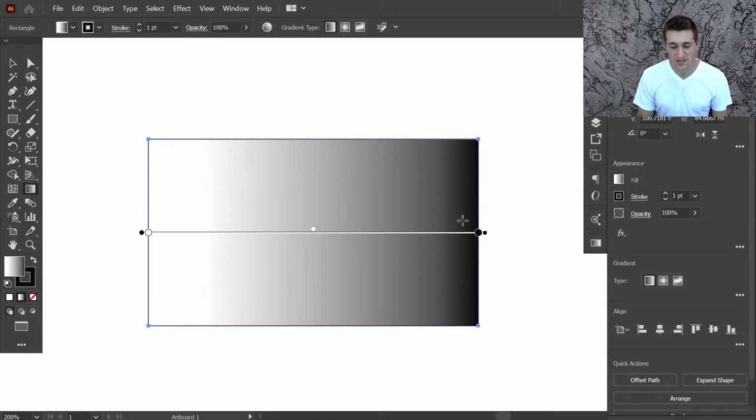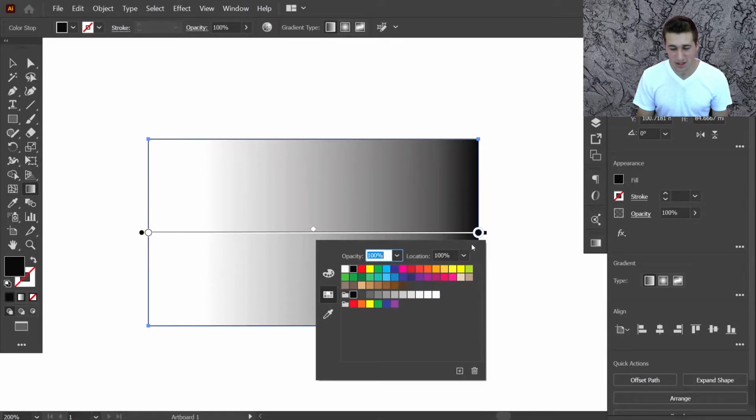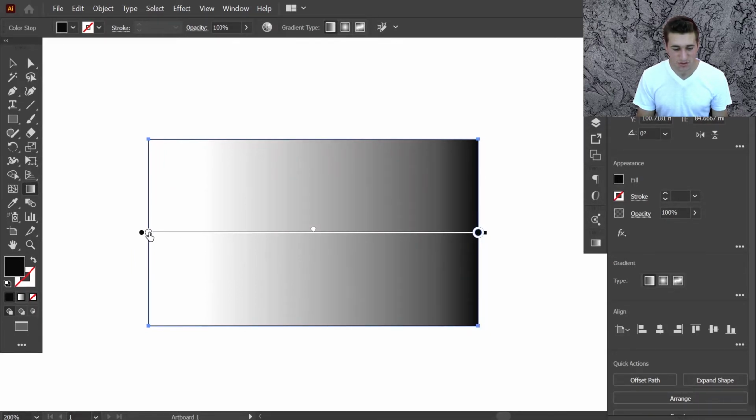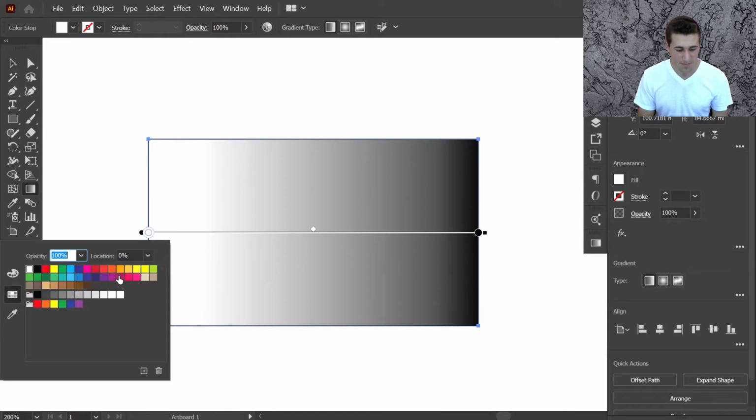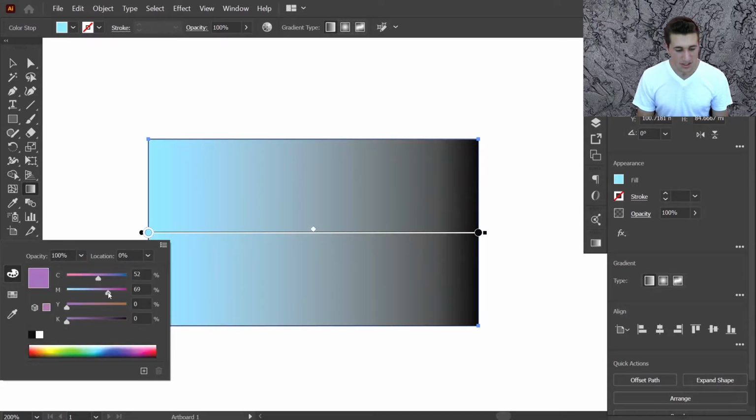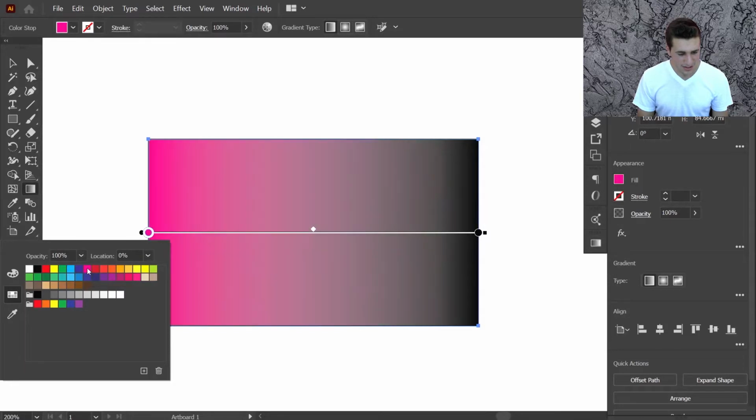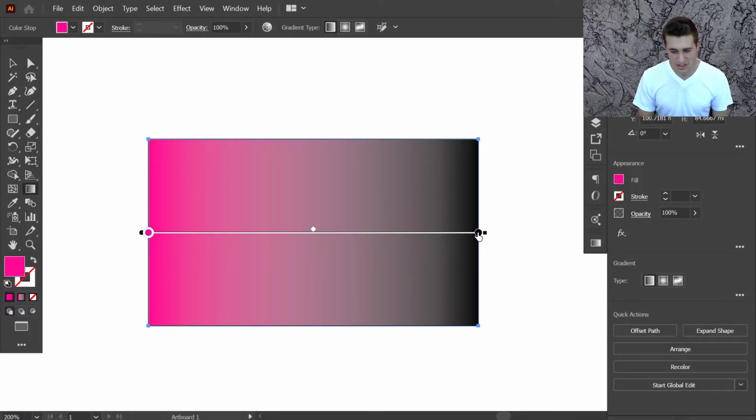This bar is what controls our gradient. We can see there's this circle here on the right and another circle on the left. Those are the color stops. So this circle is actually black. You can change the color to anything by simply double clicking on it or on any color stop. And we get either the swatch panel, that's all the colors from our swatch panel which we have in our document, or you can even mix using the color panel. You can just add or change any color you wish, or even using the eyedropper tool, you can sample anywhere from the screen. For now, I'll just put this pink color